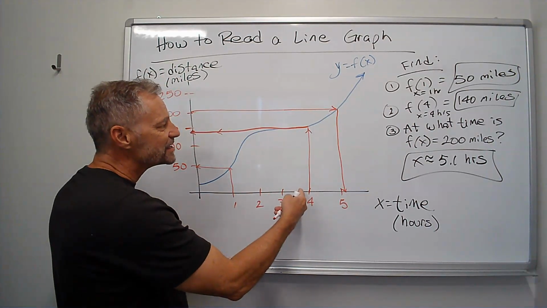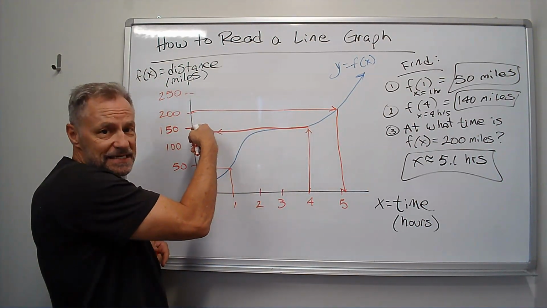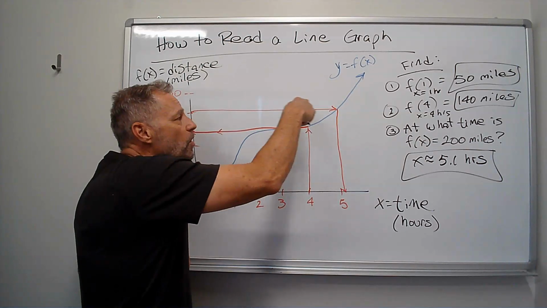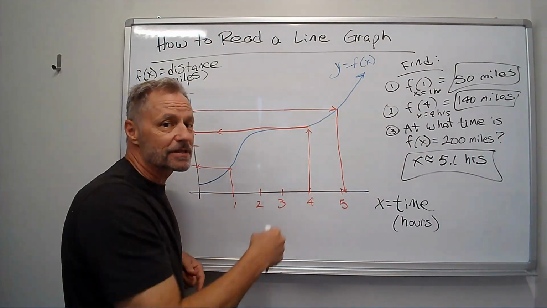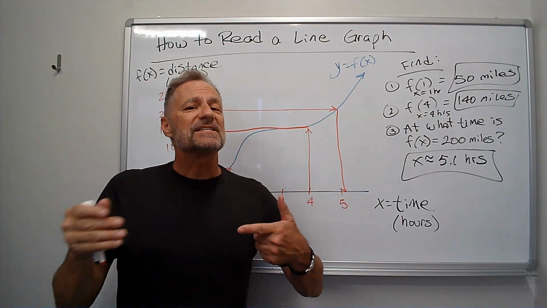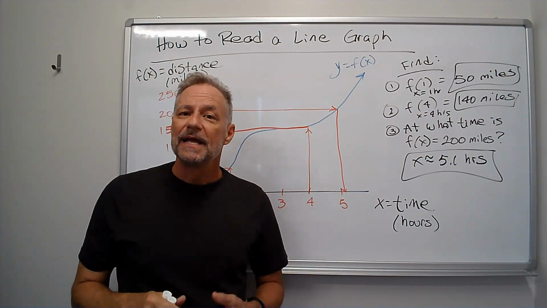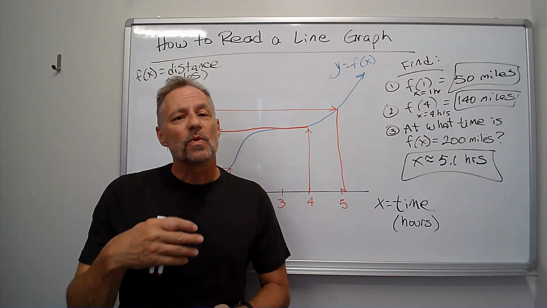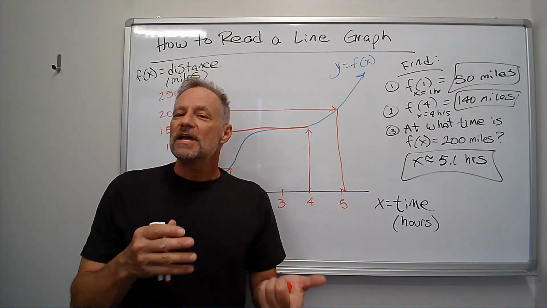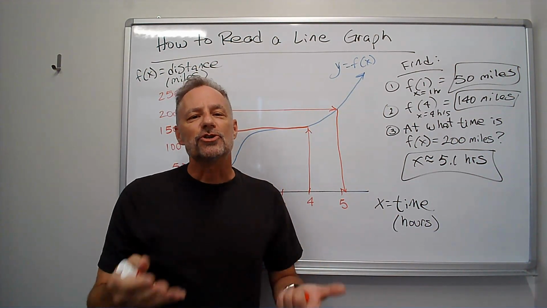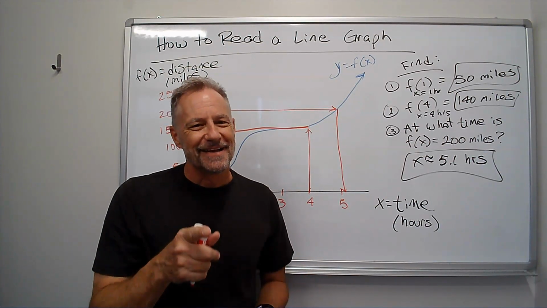If they give me x, I go up to the graph and then over to the distance. If they give me the distance, I go over to the graph and then straight down to the time. And then if it hits exactly, we have it. If it's close, just approximate it. And that's the idea. Just work with this, not too difficult. It just takes a little practice. Once you know what you're doing, which hopefully you do now, it'll make it pretty